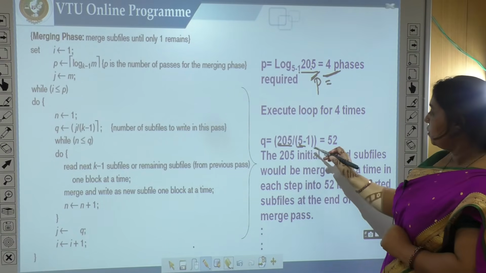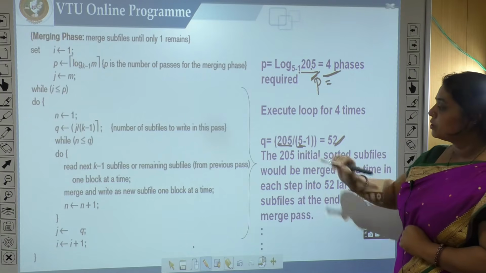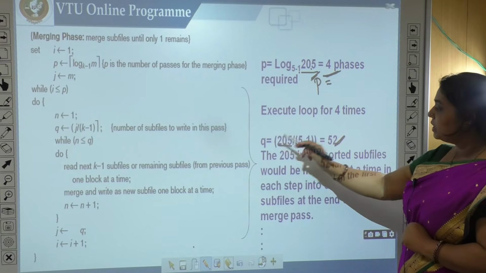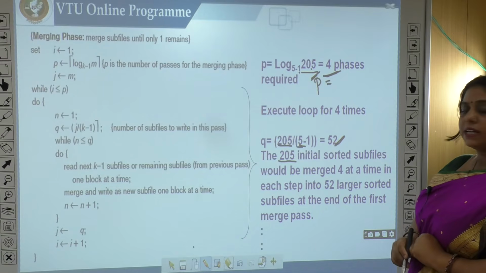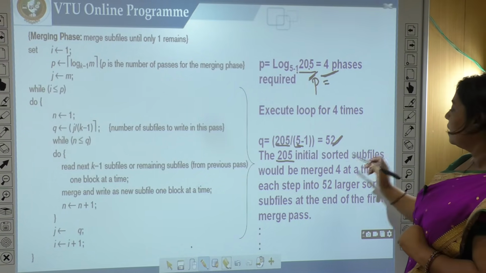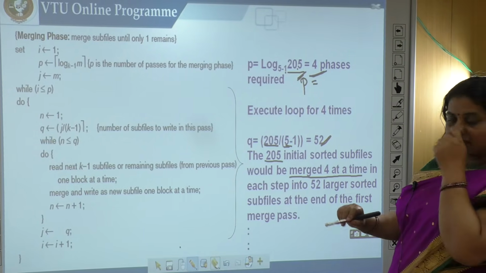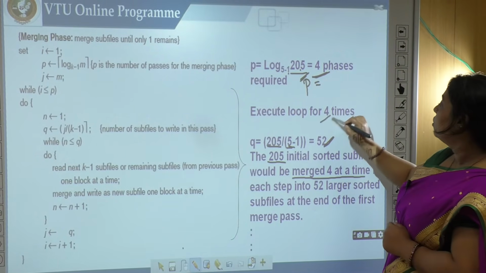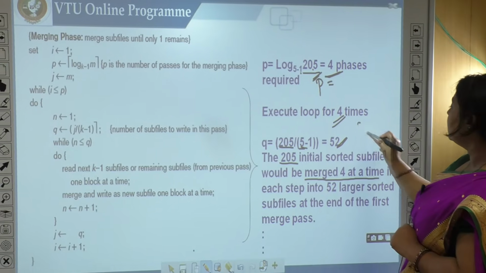So 205 divided by 4 will be stored in Q now. What is the meaning of this Q? Initially I have 205 sorted subfiles, and they are merged 4 at a time. So if they are merged 4 at a time, what does that mean?